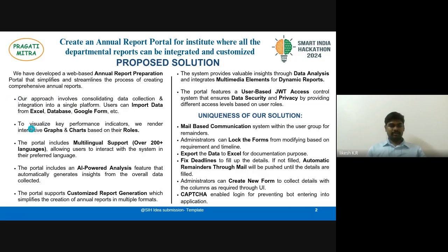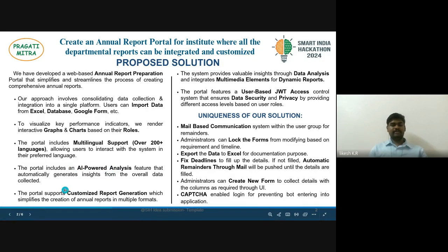And then we mentioned that we have used graphs and charts, and we have developed our prototype with multilingual support as well, and AI powered support as well.